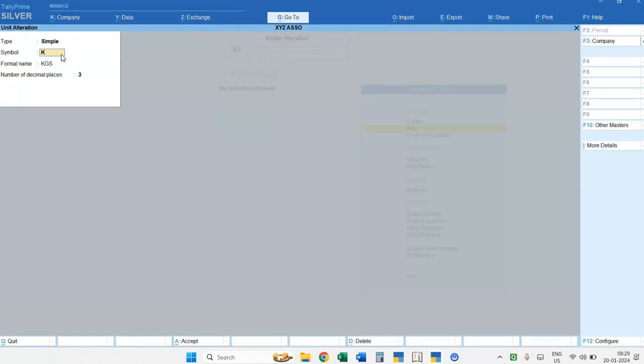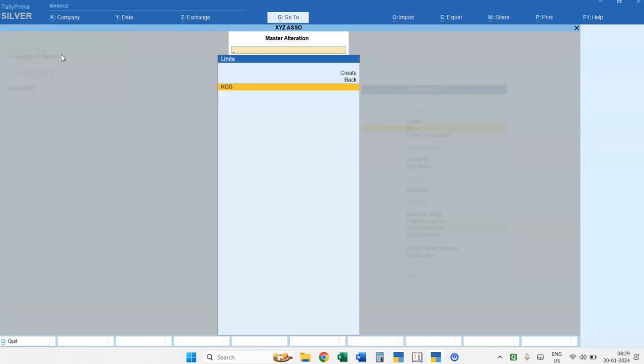Instead of kg I am writing kgs dot and I press enter till the last. Now you will find that my unit is changed from kg to kgs dot.